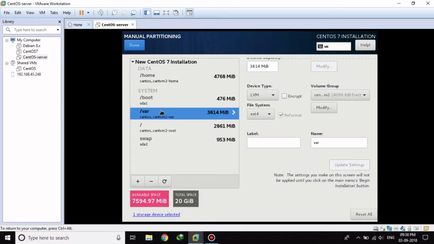Okay, now we are done with partitioning our system. As you can see over here in the available space, we still have 7.5 or something like that GB of unallocated space. We have not allocated this space to any of the partitions, so just leave this unallocated space as it is, and we'll continue to install the